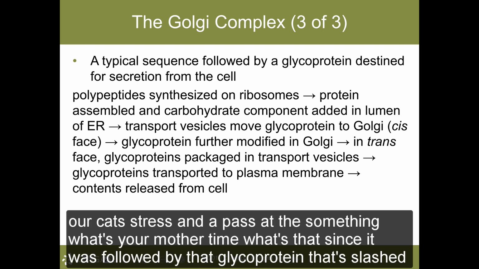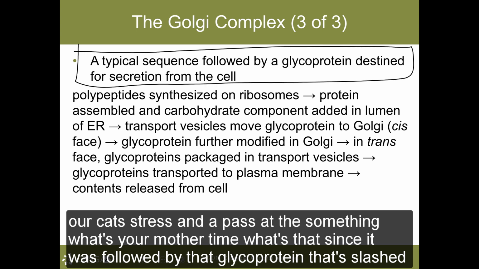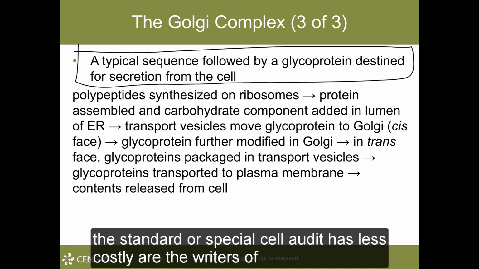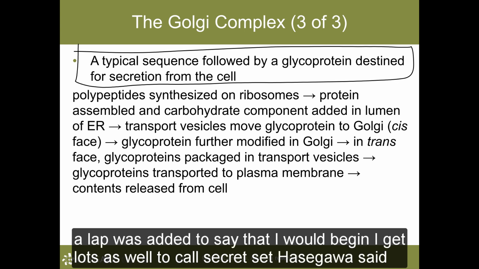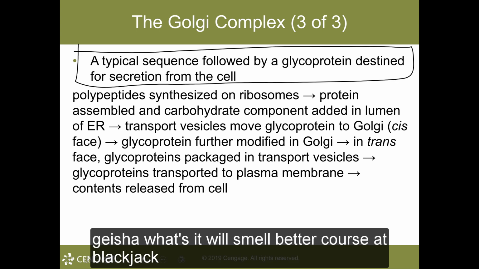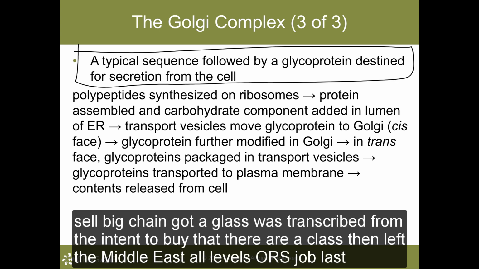So I can't stress enough, I've said this, I think, twice. Here's my third time, class. That typical sequence followed by that glycoprotein destined for secretion from the cell. The polypeptides, class, are made on the ribosomes. And what had happened was, by way of your DNA. Excuse me, I won't say your DNA said it. I'll say by way of cell communication, class, it was known that, of course, that glycoprotein was needed. So the gene for that glycoprotein, class, was transcribed from DNA to RNA.